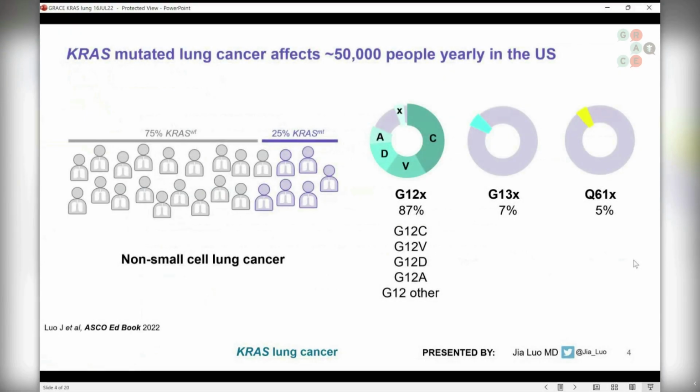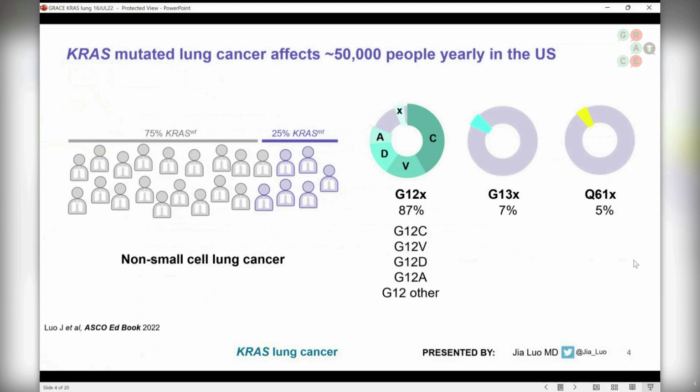So a little bit about KRAS lung cancer, of which I think a lot of it is re-emphasizing things that Terry already talked about. KRAS mutated lung cancer is actually the most common oncogene-driven subtype of non-small cell lung cancer. So in the United States alone, over 50,000 individuals are affected every single year. And these are new people who are diagnosed. And it accounts for about a quarter of people who have non-small cell lung cancer, which is the most common